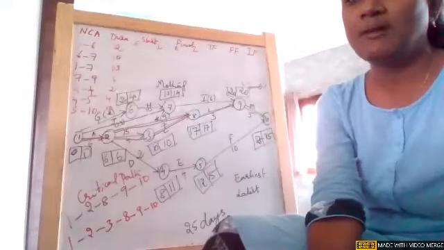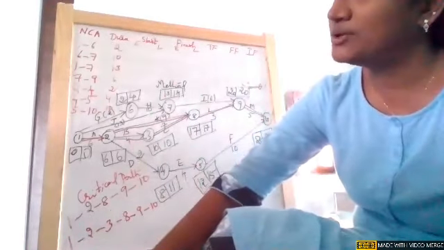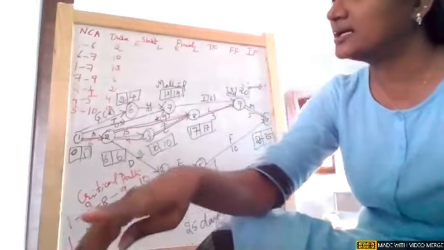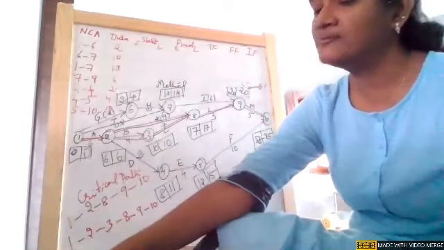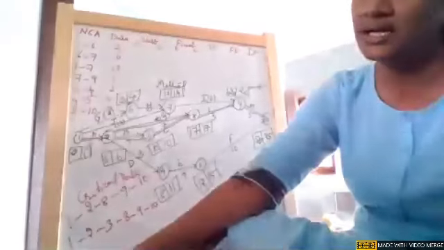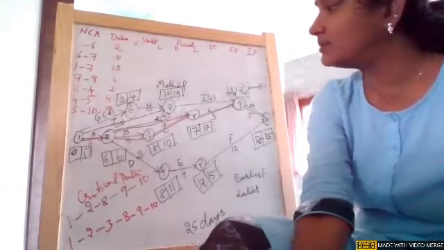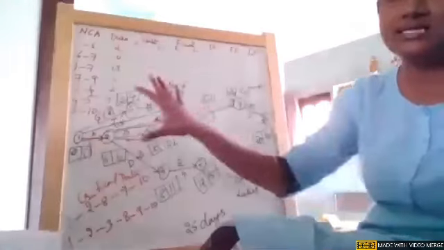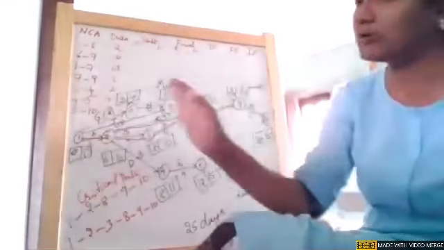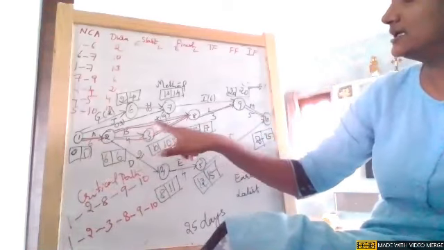So just see, my board is not sufficient, so it is very clumsy. Okay, so now in the question, they are asking us to draw an arrow diagram for this project. If you have the material, you can read it. So the first thing they're asking, draw an arrow diagram for the project, which we already have done. This is the arrow diagram for the project. Okay, then indicate the critical path. So we indicated the critical path.